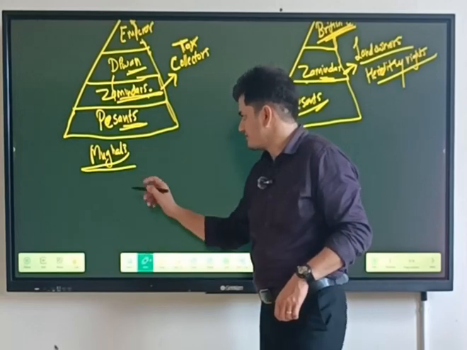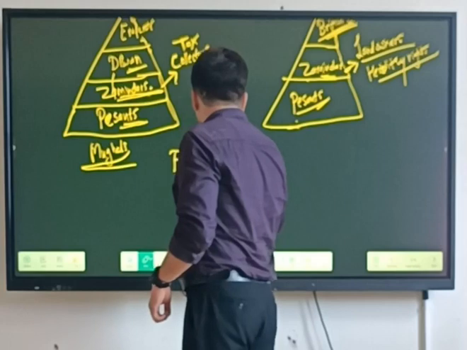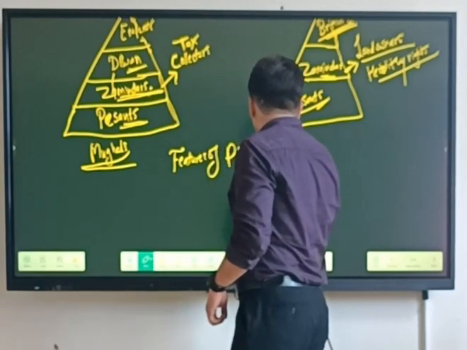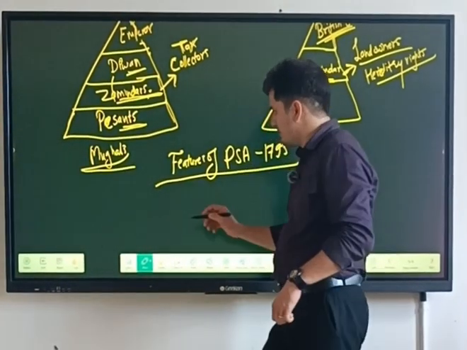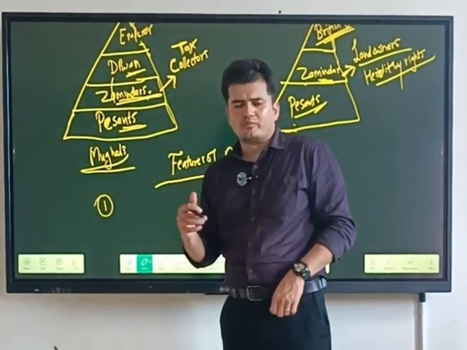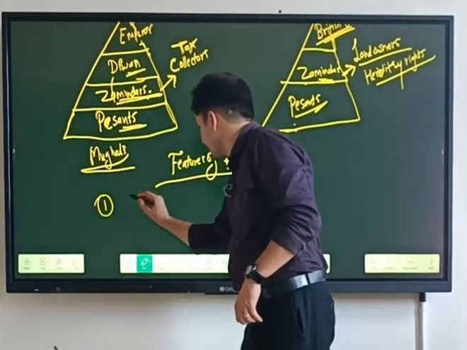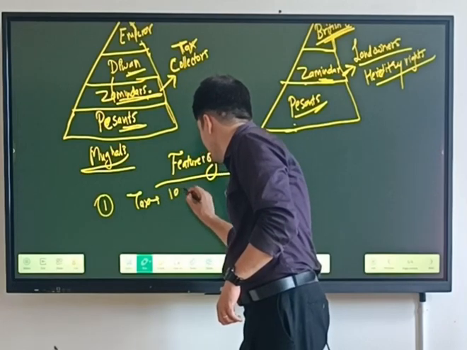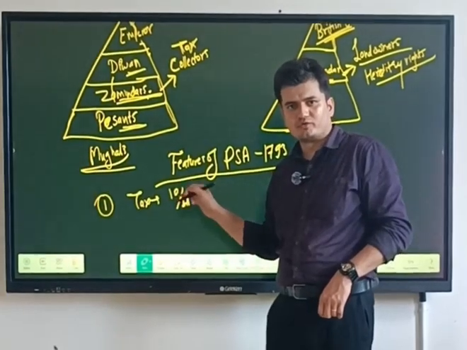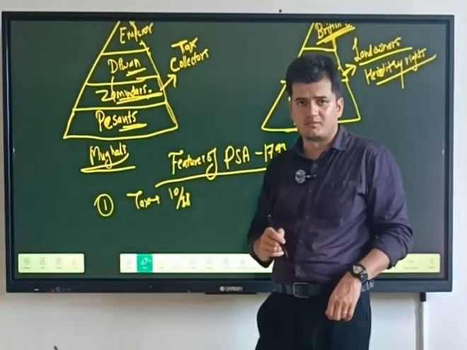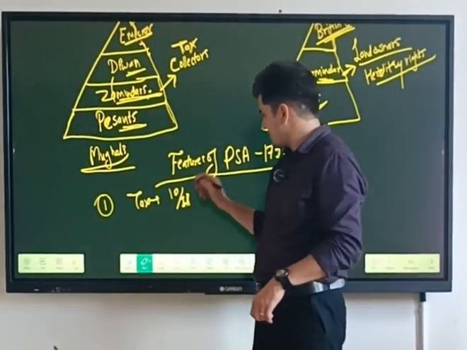So now we are going to discuss the features of Permanent Settlement Act 1793. So what kind of features did this act had? So first of all, how much tax did peasants had to give to the Zamindars? So tax was around 10 by 11. That means 10 by 11 of the total produce will go to the Zamindars, and then they will give the same amount to the emperors, and the remaining amount